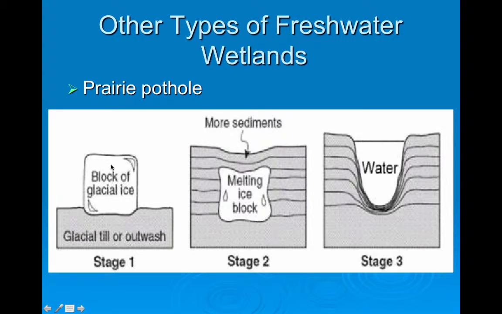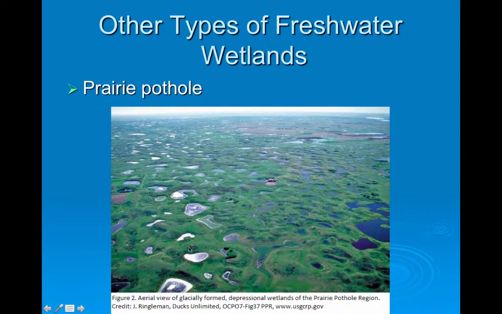All right, prairie potholes. These are other types of freshwater wetlands. The ones that you learned in class were marshes, swamps, and bogs. Prairie potholes were formed by glacier ice. There's two ways that the glaciers influence the creation of the lakes. First, ice is heavy, and so it pressed down and created a little divot. Then as the earth warmed up, and also sediment built up over the ice, eventually the ice melted into water, and it filled the dip created by the glacier in the beginning.